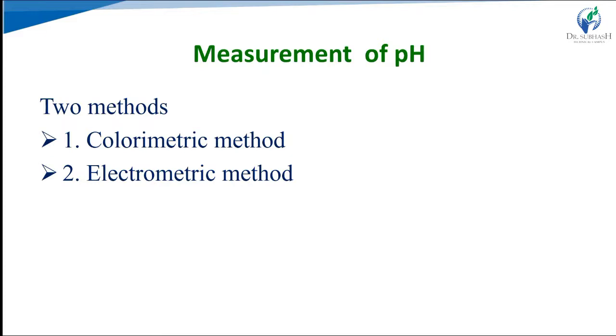So it is generally used for transparent aqueous solutions; at that time we have to use the pH paper. In that, we have to dip the pH paper in the sample. The color of the paper changes with the pH, and the change in color that is obtained we have to compare with a standard table, record the respective pH value, and from this pH value we can conclude whether the sample is acidic, basic, or alkaline in nature.